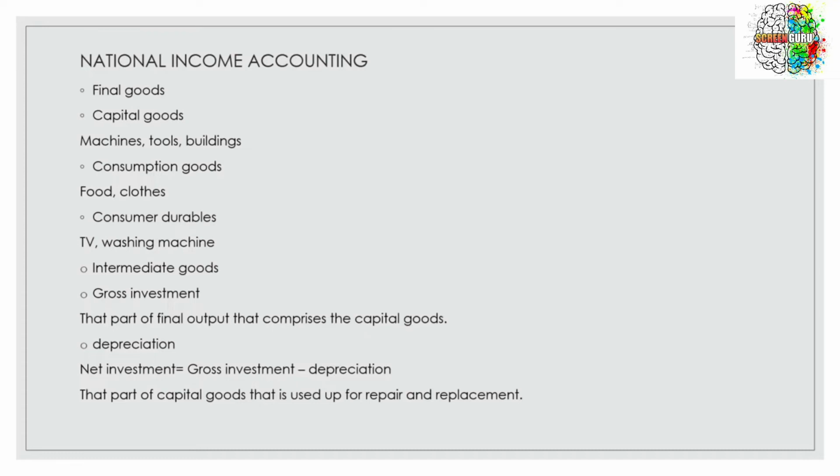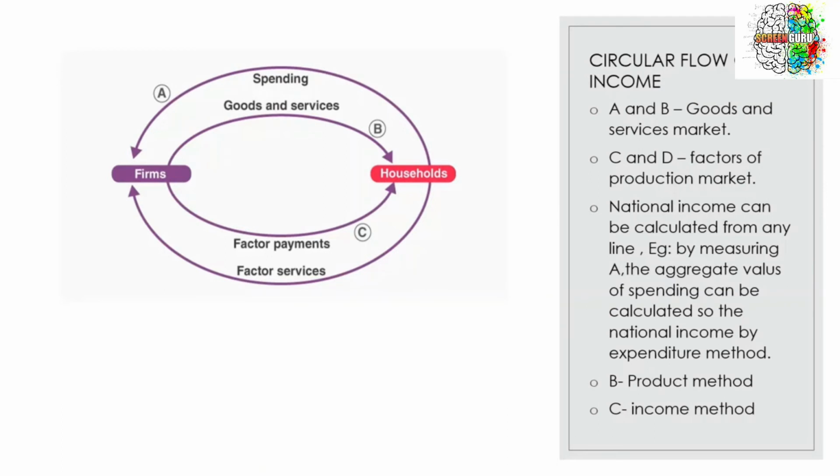Okay, so if you have understood depreciation, let us move into the circular flow of income. In the circular flow of income, we imagine an imaginary economy where we have only two entities. This is the simplest form of circular flow of income, for the understanding of everyone. So here we have two entities, that is households and firms. So what exactly do they do? Firms are the ones who produce the goods and services that we require, and households are the ones who buy the services and goods that they produce.